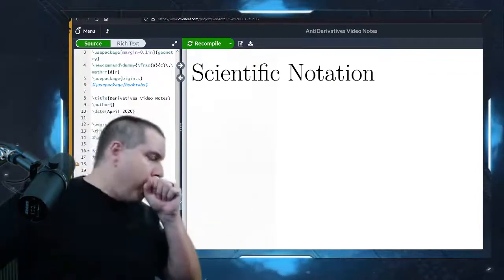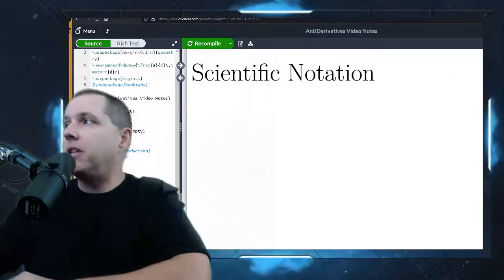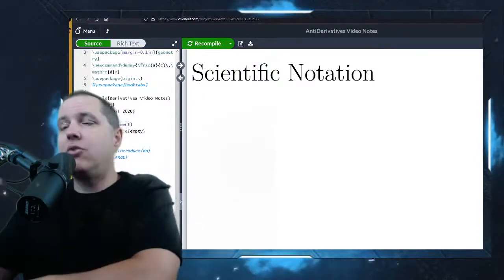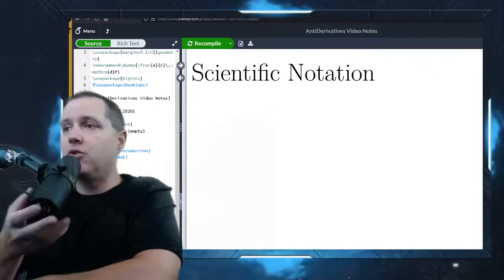So we kind of finished up the stuff we were talking about last time, moving into scientific notation. I have not been seeing questions or anything, so I assume things are going well